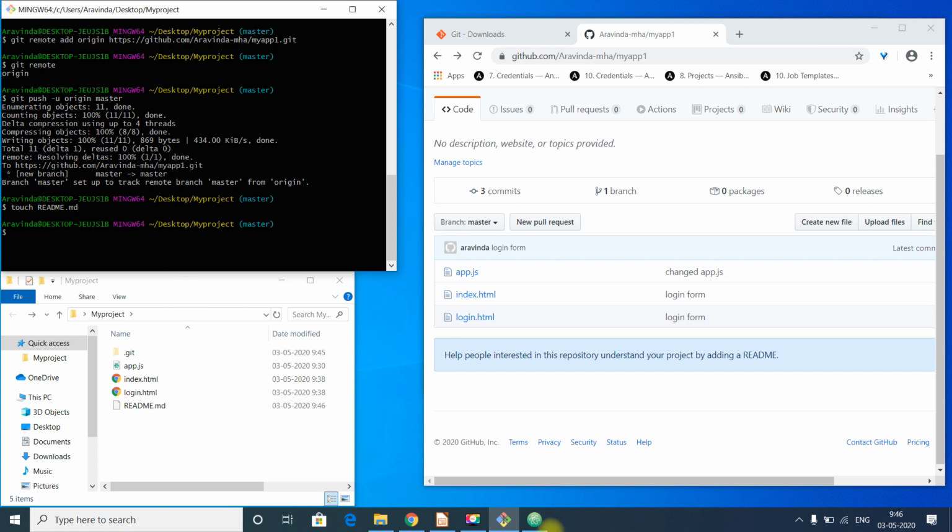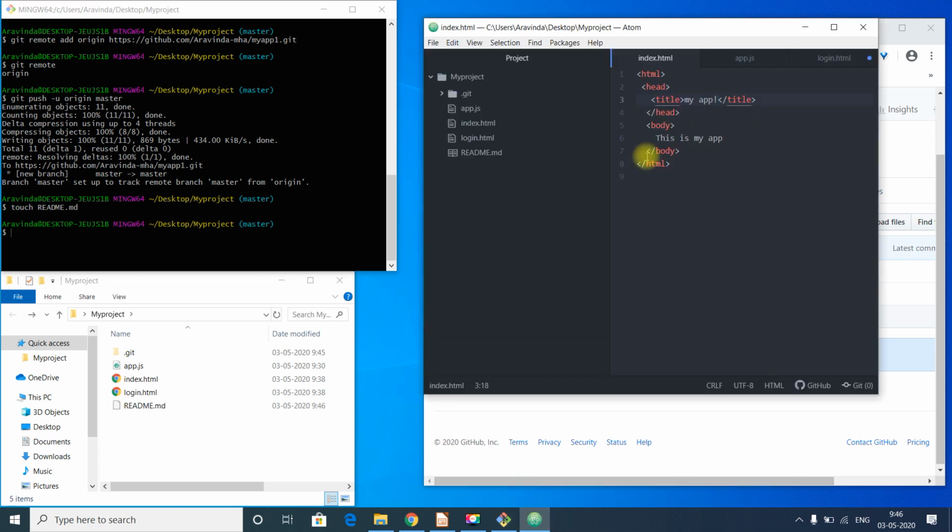Once you enter, open this in Atom and come to this readme.md and write something here. It is the file where you can put your documentation, or information about your repository. Let me start with some hash,